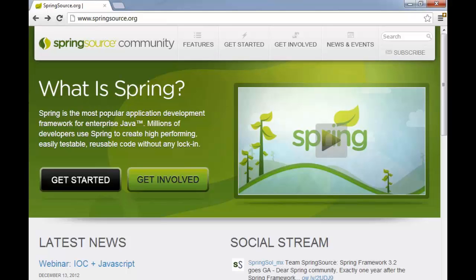So let's look at where you can manually download the Spring framework from. If you go to springsource.org, which you can see I've just put in my address bar, it'll pull up the Spring Source web page. Now at the bottom, and it's a little bit confusing because it doesn't say anywhere on this page where you